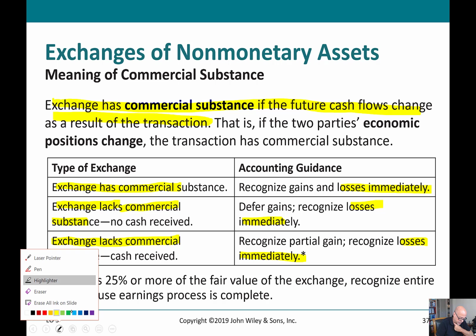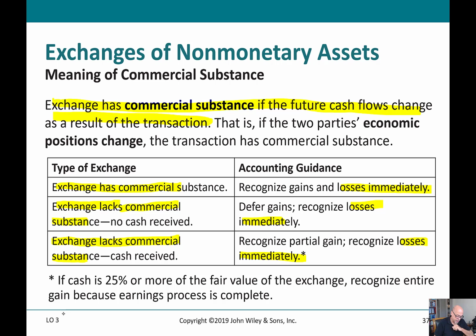Okay, so what do we do with the gains then? Let's use this light green for the gains. If the transaction has commercial substance, recognize the gain. Lacks commercial substance, no cash is involved, everybody defers the gains. If the transaction has commercial substance and cash is received, then recognize the partial gain. If the cash received is 25% or more of the fair value, then recognize the entire gain. And I want you to put down there, just to clarify that, because they don't really put that on the slide for some reason,